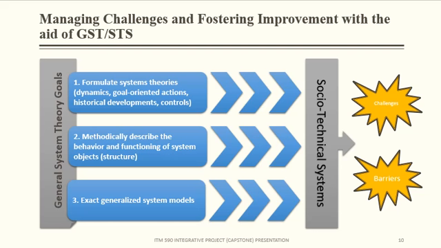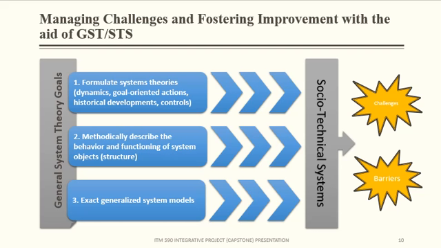And that leads us to a graphic here on this slide that shows how managing these challenges and fostering improvement are critical with strategically applying general systems theory and socio-technical system principles. Now, having a knowledge of and strategic planning capabilities utilizing these principles can produce synergistic effects. And that's what this chart is showing, with 3 lines of effort utilizing from the general systems theory. Now, these are brought up by Lars Skytner.